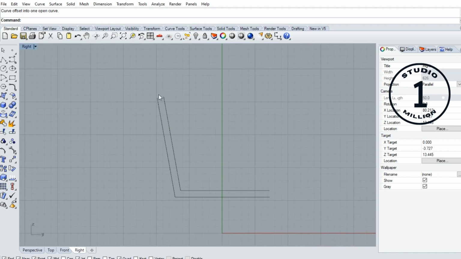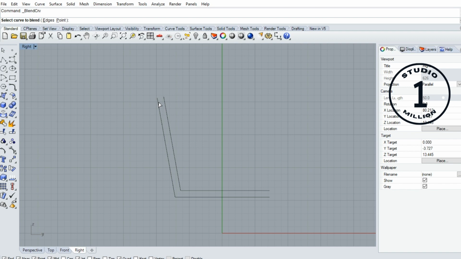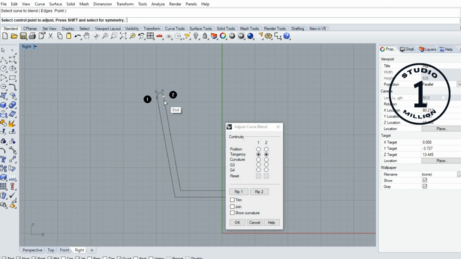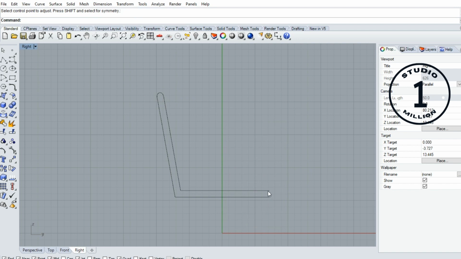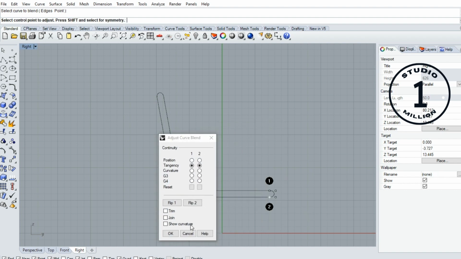Now I want to join this one also. I want to blend this curve to this blend curve. Select this curve, select. Okay, this one also select. So okay,